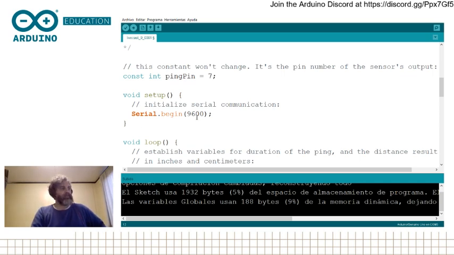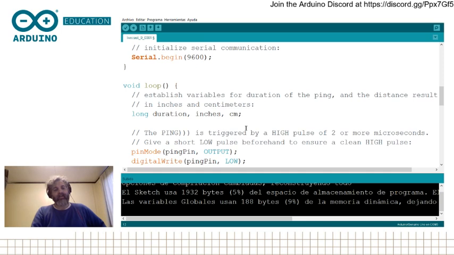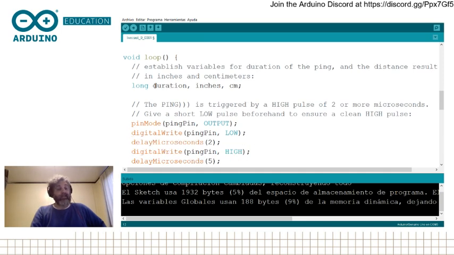It starts a serial port with serial begin. Then it declares 3 variables directly inside the loop: duration, inches, and centimeters. Duration is going to measure the time of flight that I told you. Then the inches is going to give you the distance in inches, and the centimeters is going to give you a distance in centimeters.